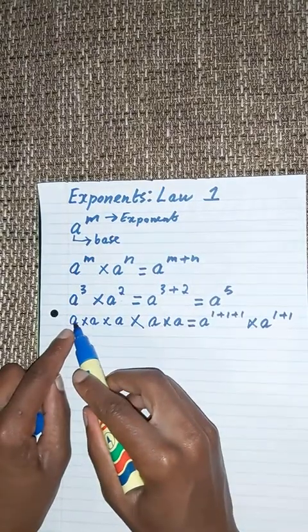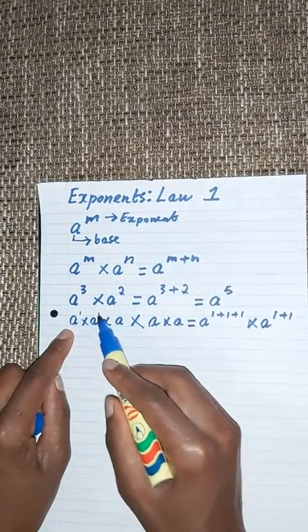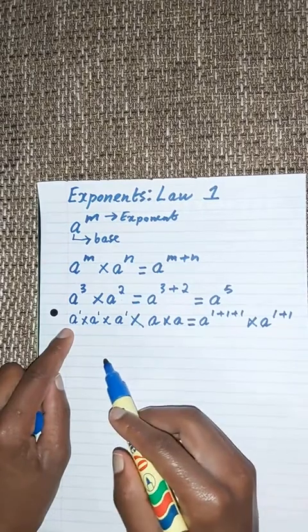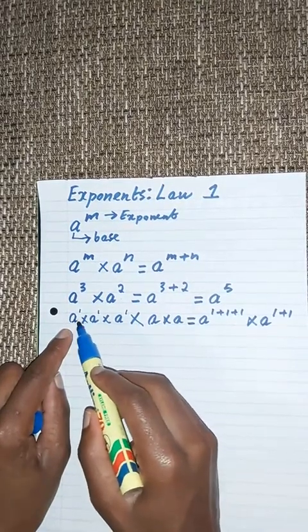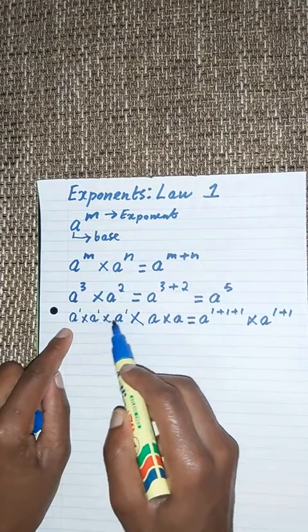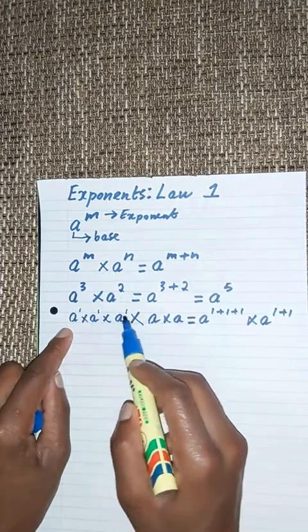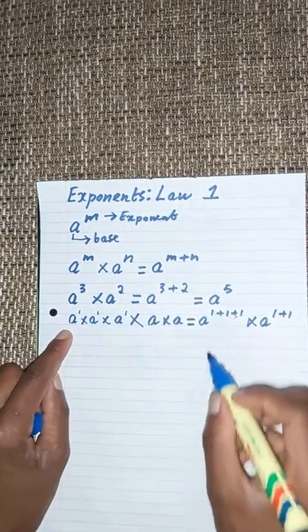Because this a to the power of 1, this a to the power of 1, this a to the power of 1. So because we have three bases, similar bases that are multiplying each other, the exponents add, which gives me this, and then from there,